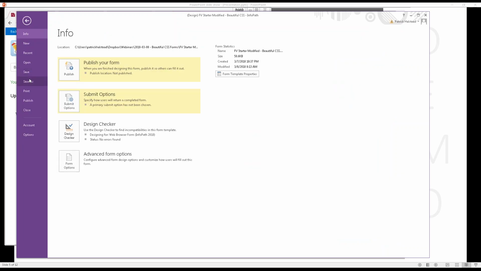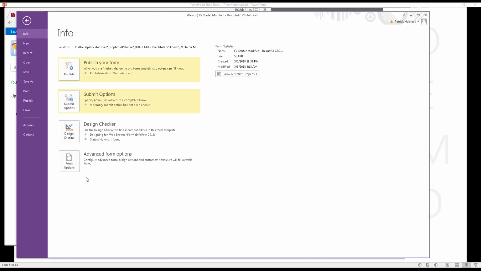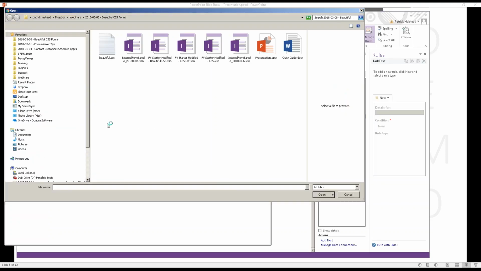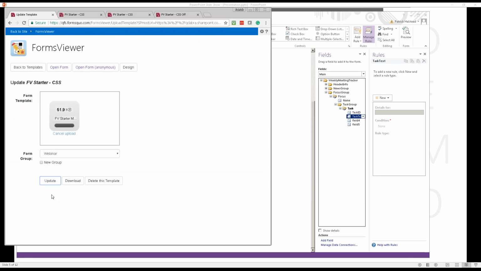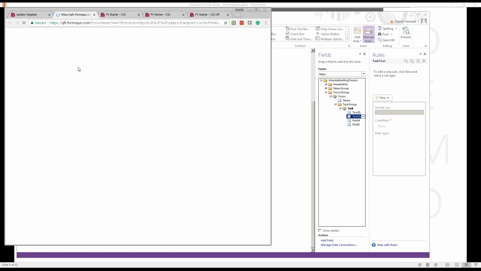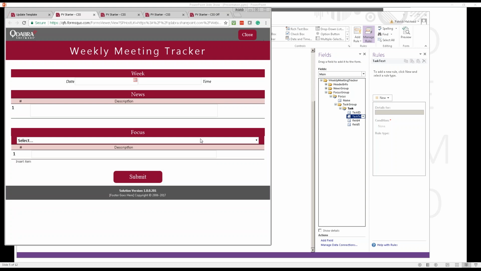Save as. Beautiful CSS. That's good. Went over here and I selected the right one, hopefully. And open the form, and it should show us that text box. I know what the issue is. The issue is that I was on the wrong view. So I updated it for the mobile view only, but you can see that I just did fix that